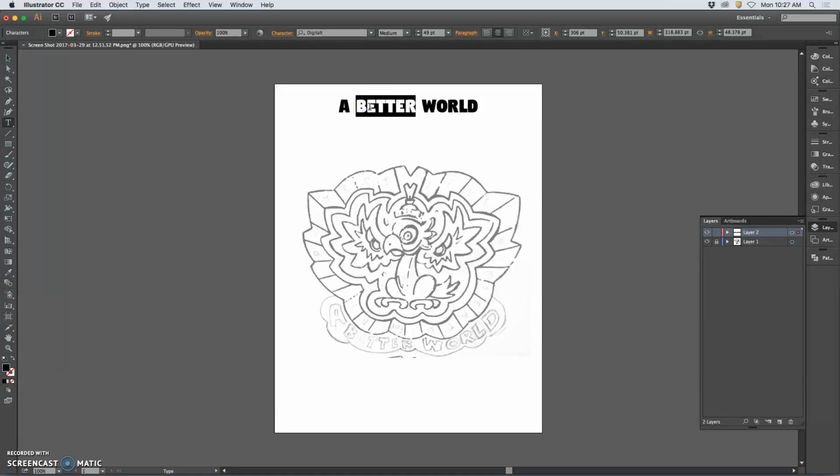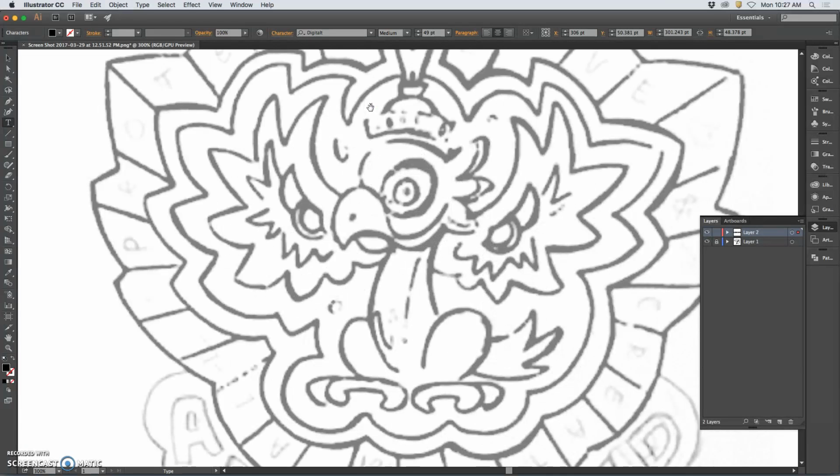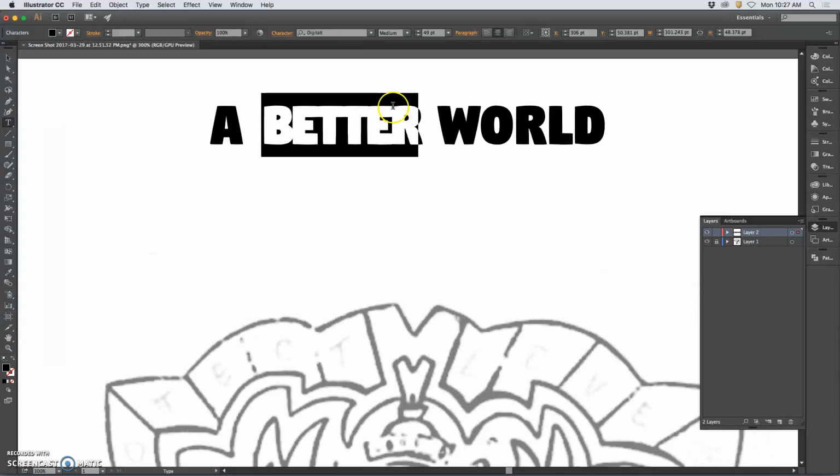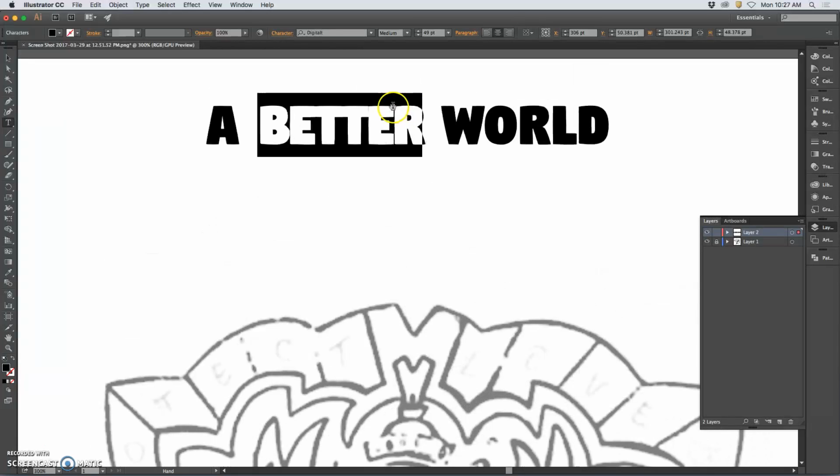Let me get this to work. And then hold down Option and use your arrow keys. This is called kerning. Kerning is for the space between letters. Leading is for the space between lines of type. So kerning is vertical